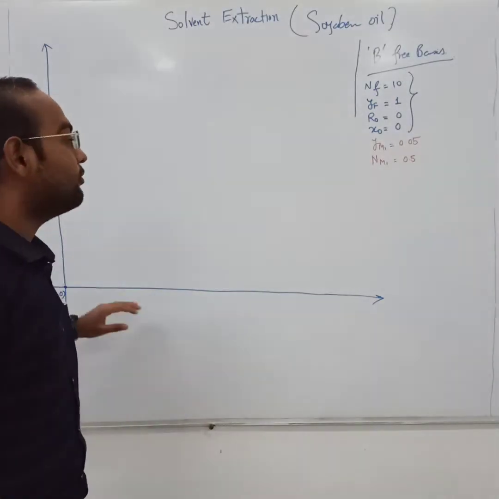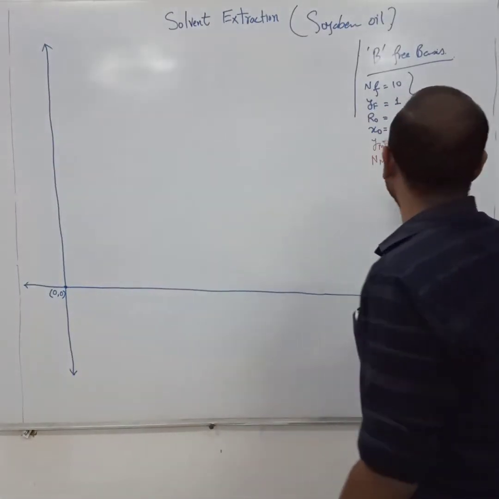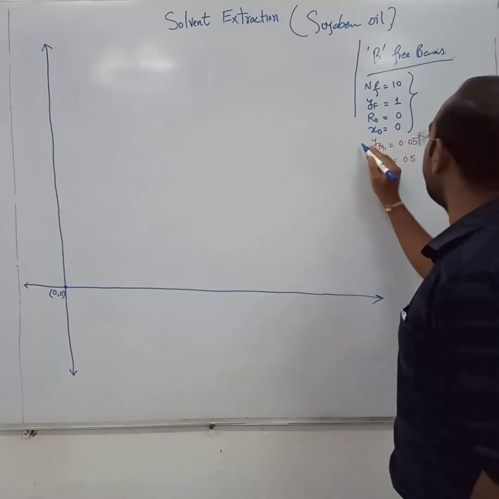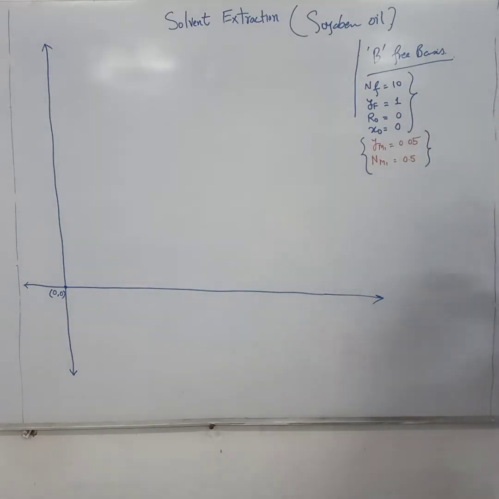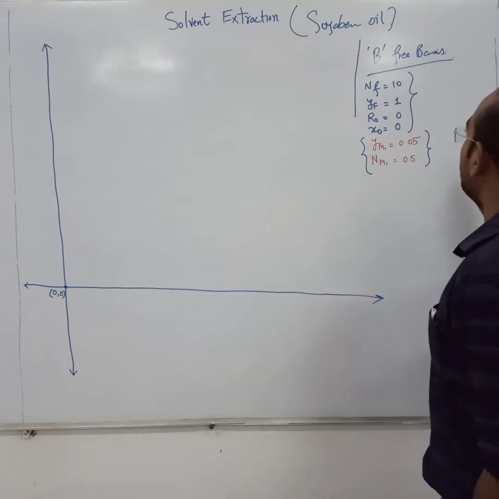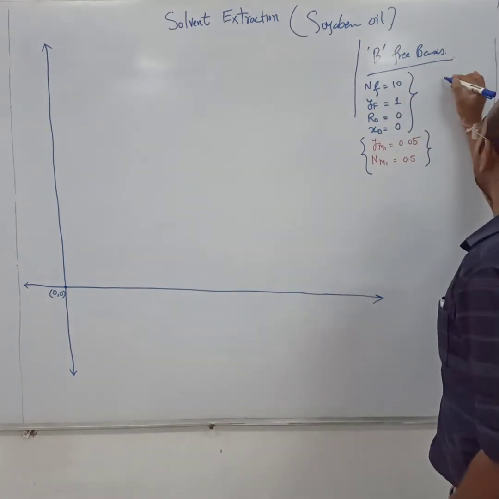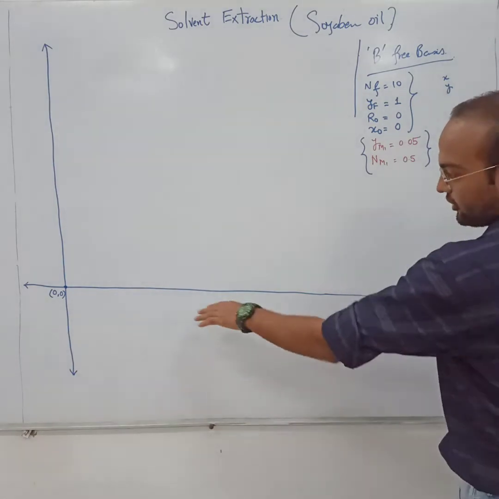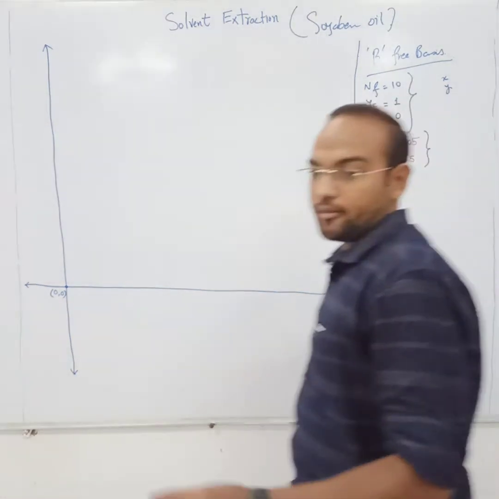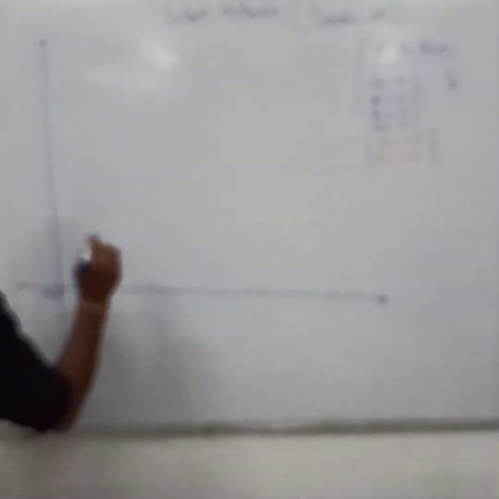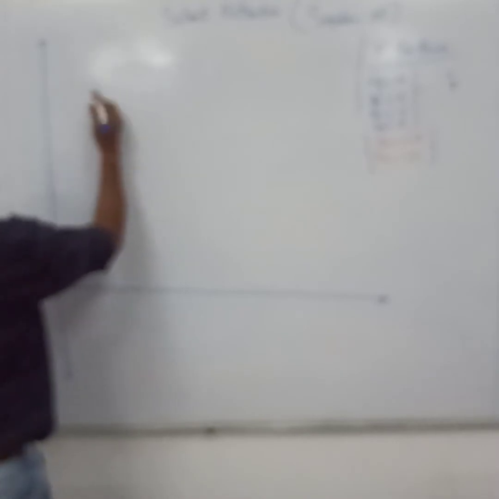Before starting your graph, we just need to go through the values. We are plotting the values of N on the vertical axis and small x and y on the horizontal axis. So we are having some tie line data. I will come to it later, what is tie line data, and before that I just want to draw a basic box.